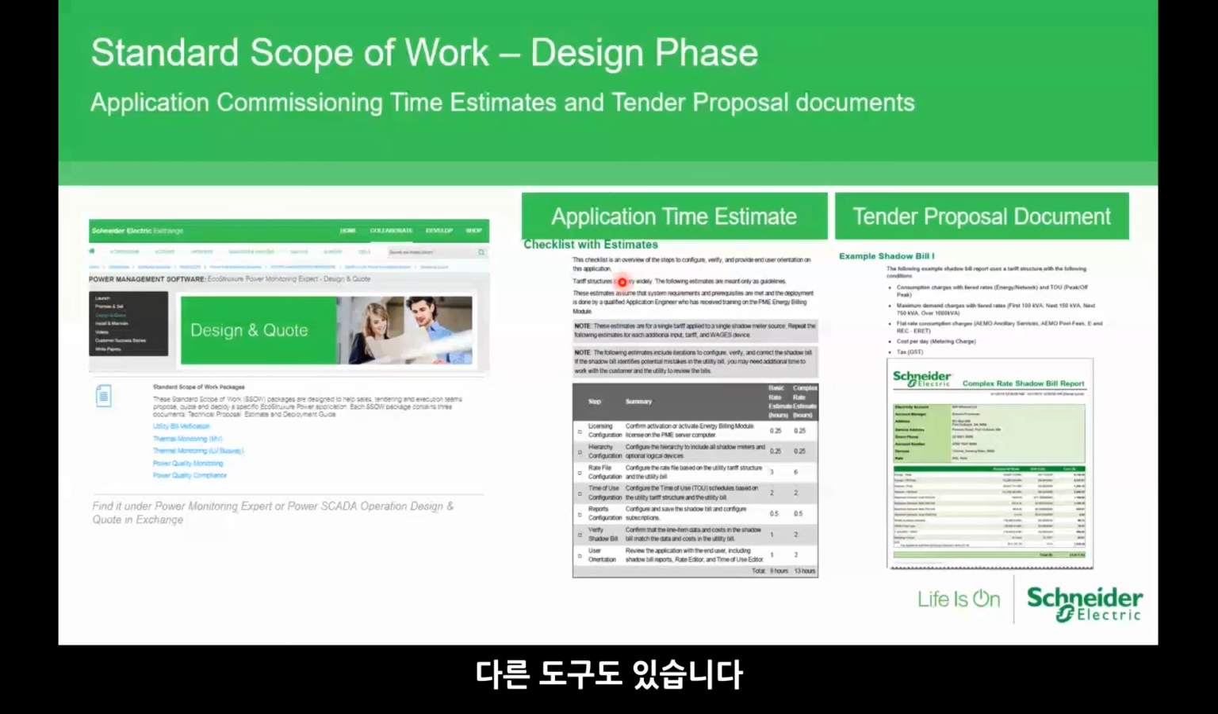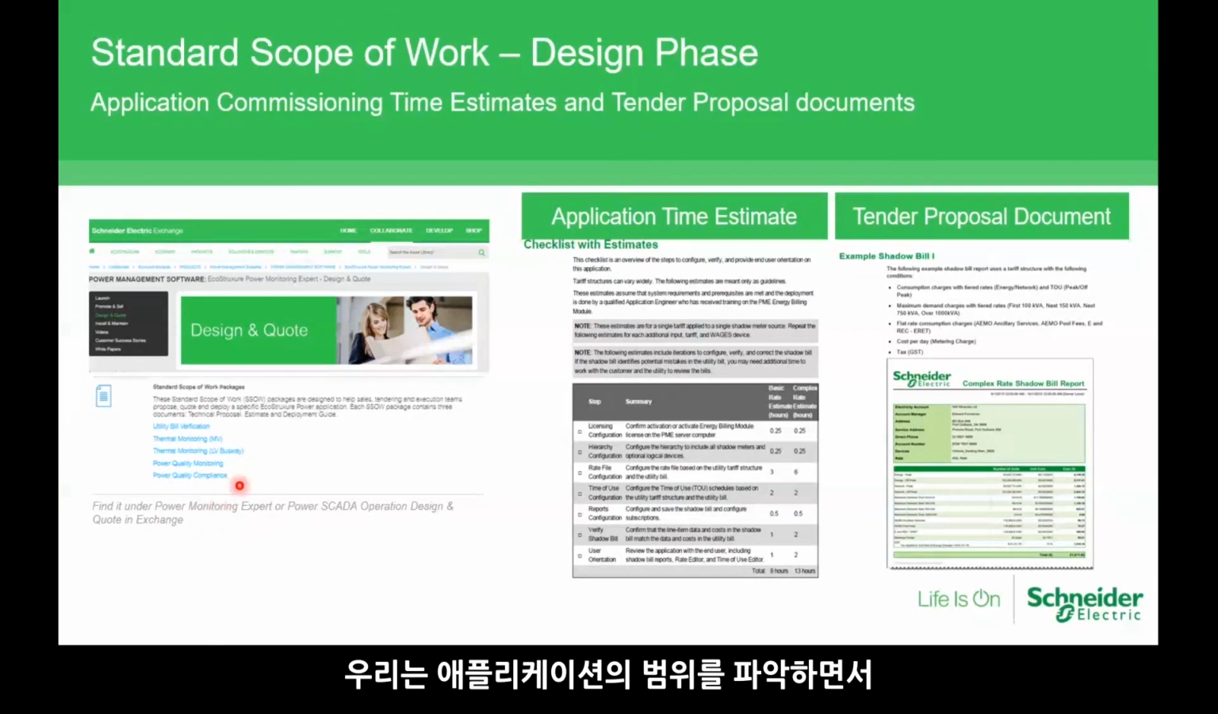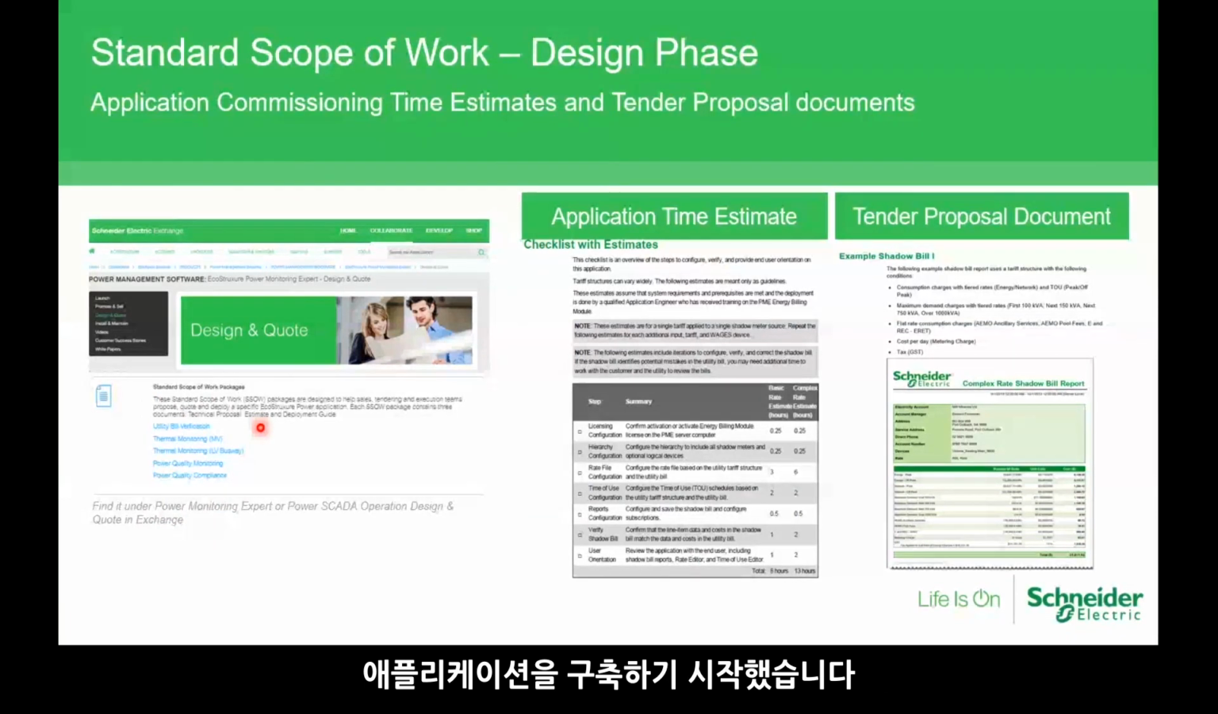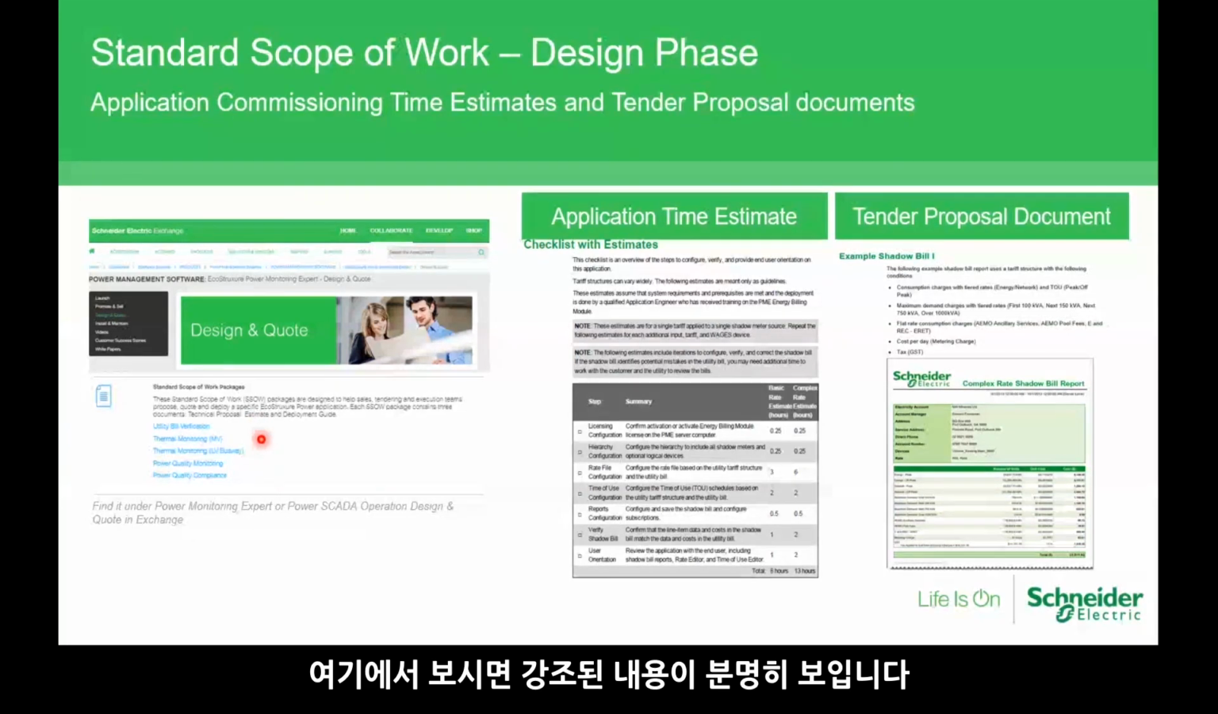So we also have some other tools. I'm not sure whether you come across this thing called scope of work package. We are starting to build applications, understanding what the scope of each application is. We started with thermal monitoring and utility bill, and now we have a few more. In this scope of work, it actually highlights very clearly